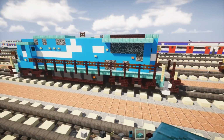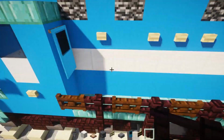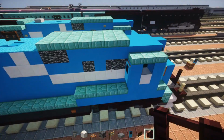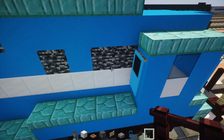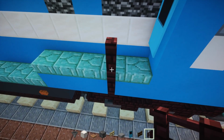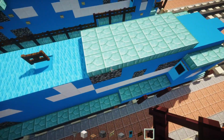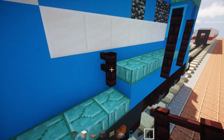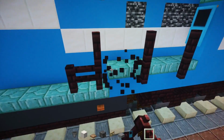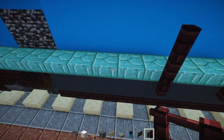Now what we need to do, let's add in the railings, which are just dark oak fence gates and nether brick fences. So let's add the fences first. So just skip a block here, add 2 nether brick fences on top, skip a block, add another one here, and then we're going to add another one here, skip a block of space, and then skip a block of space. It's going to be a block down. And just pretty much copy the same pattern